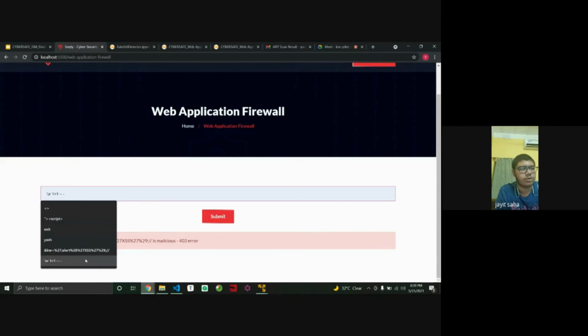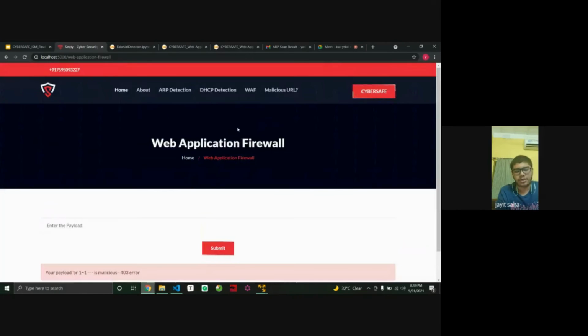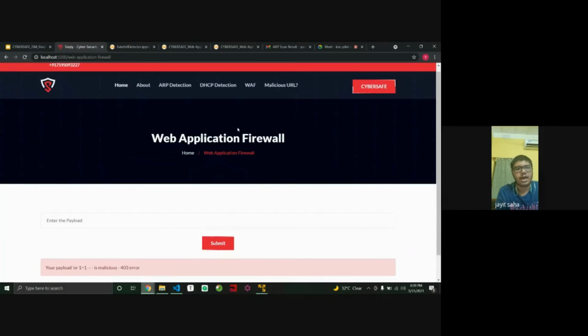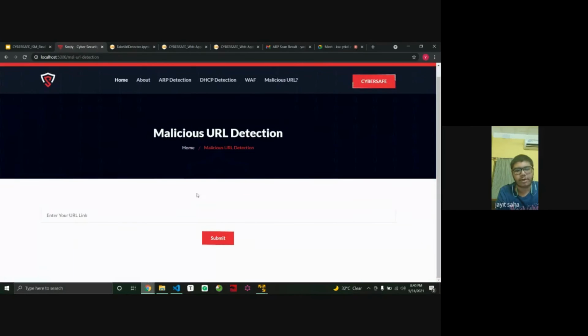And finally, we will do an SQL injection attack. Accordingly, it should be malicious too. So our deep learning and machine learning algorithms combined give an accuracy of over 95%, which can be reflected in the web application too. Now over to Soham to explain the malicious URL part of the web application.